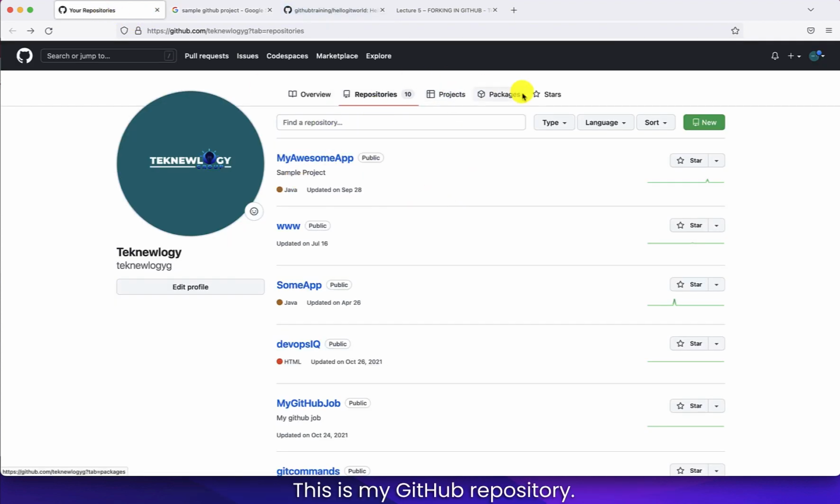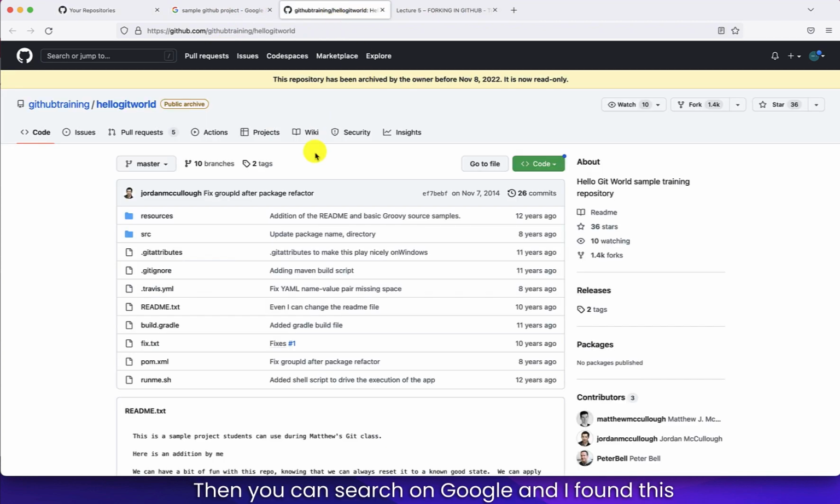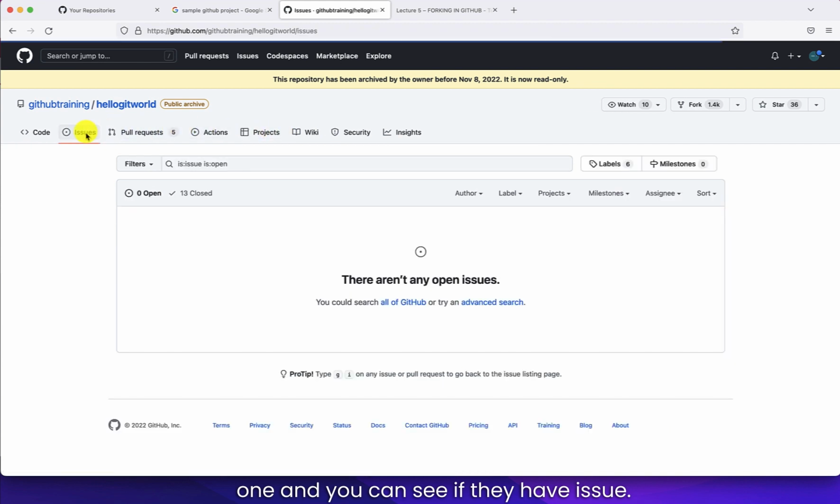This is my GitHub repository. Like I told you, forking is a GitHub concept only, so make sure your account is open right here. Then you can search on Google, and I found this one. You can see if they have issues, the issues are going to be listed here. And if you find this project interesting, you might want to fork it. So this is where you come to click fork,